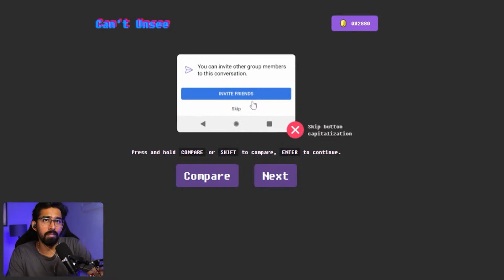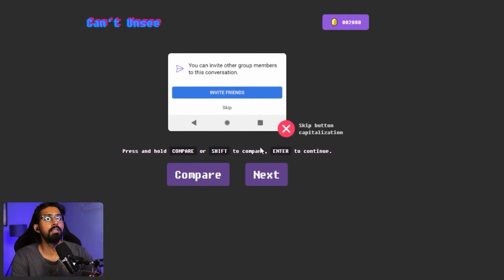Whenever the buttons are in whatever formatting they are, capitalization or first letter capitalization or whatever it is, the secondary button should also have the same thing. Okay, cool.